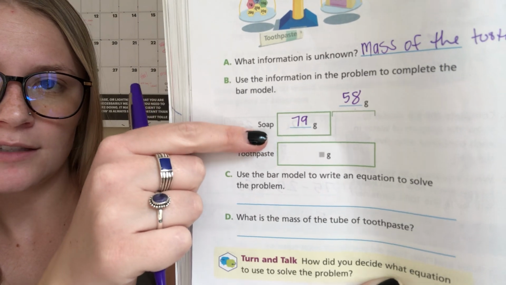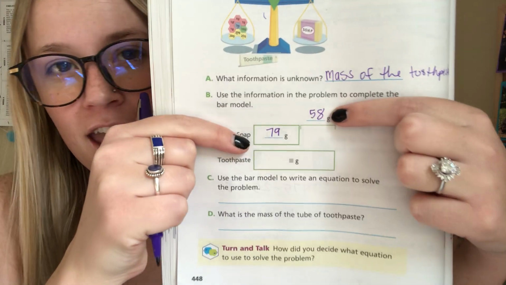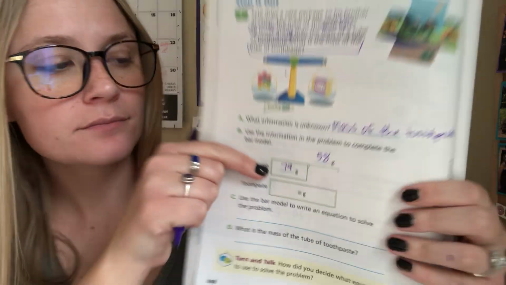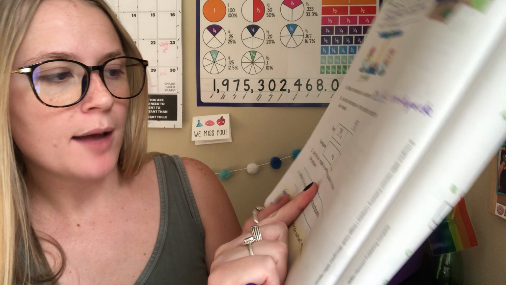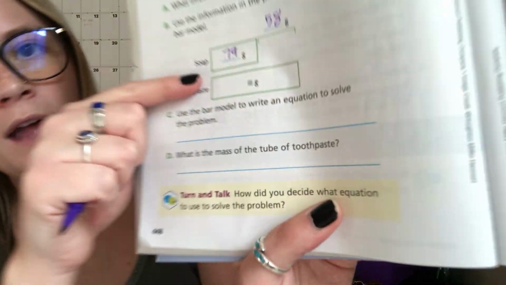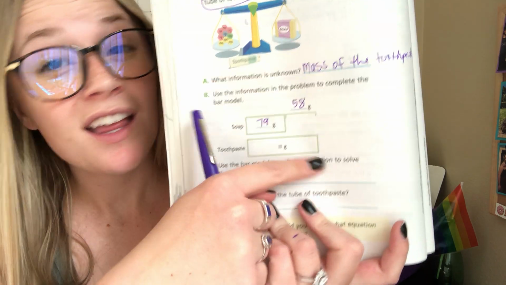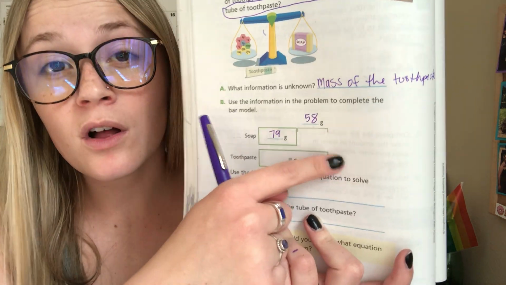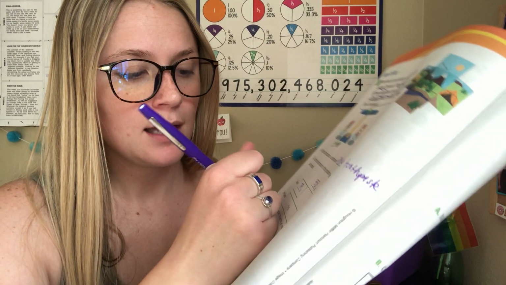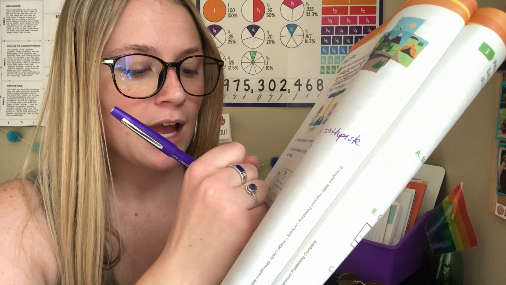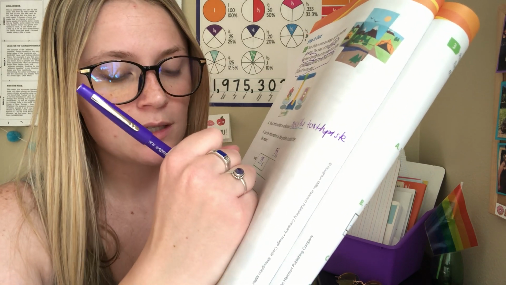So see that? So soap weighs less than the toothpaste by 58 grams. Use the bar model to write an equation to solve the problem. Okay, so if I know 2 parts and I don't know the total, that is going to be addition, right? So I'm going to say 79 plus 58 equals,